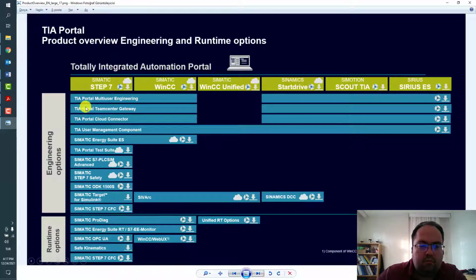There are some sub-engineering options like Multiuser, Teamcenter, Test Suite, CFC and DCC supported right now. And for runtime options, you see the summary of the product overview.